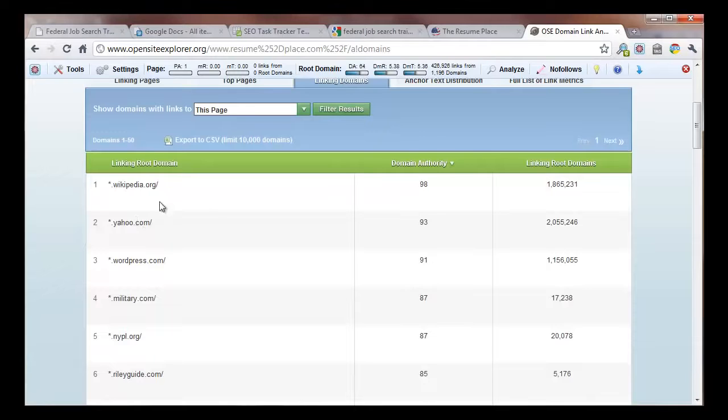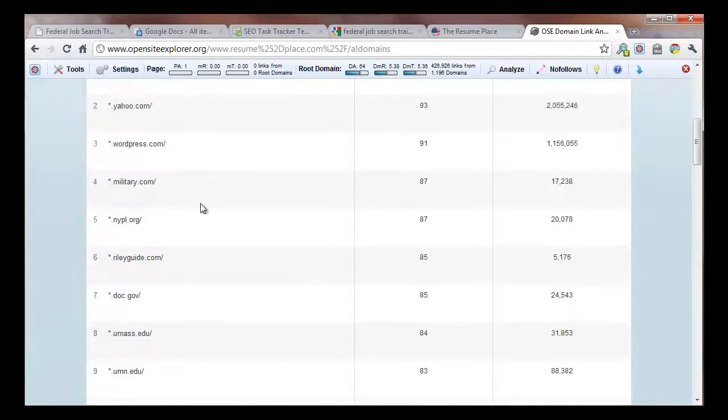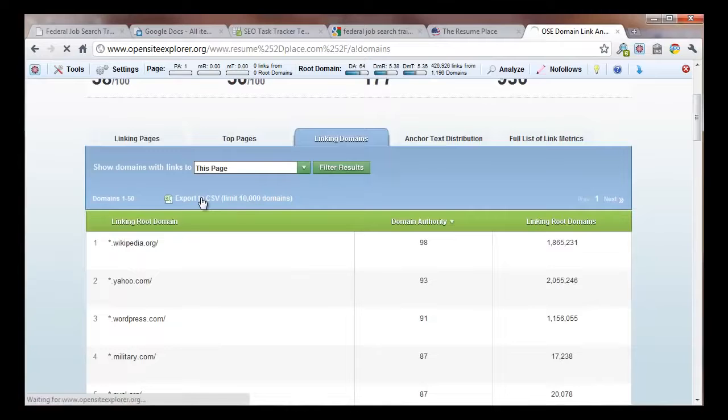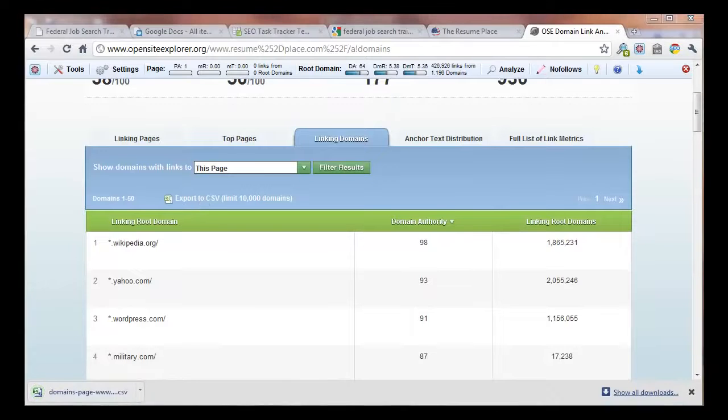Again, that was the first thing we talked about. I'm going to take this list of all the top domains that are linking to Resume Place, and export this to a CSV, comma separated value file. It takes a moment because there's probably several domains. Let's give it a minute here. Here it is. So we'll open up our file,